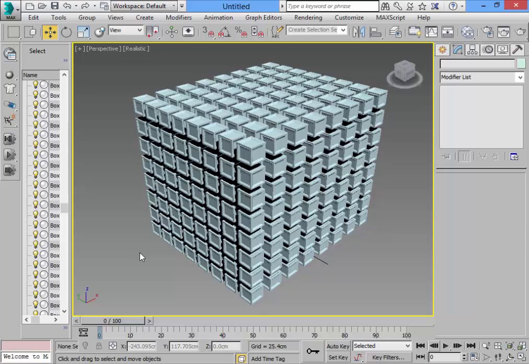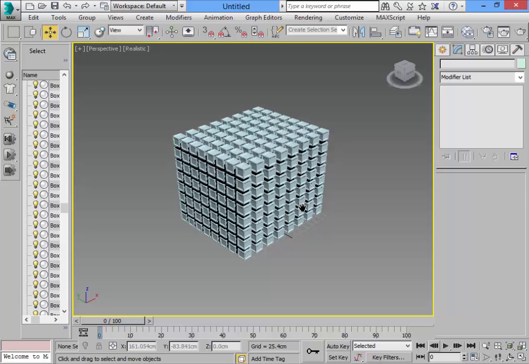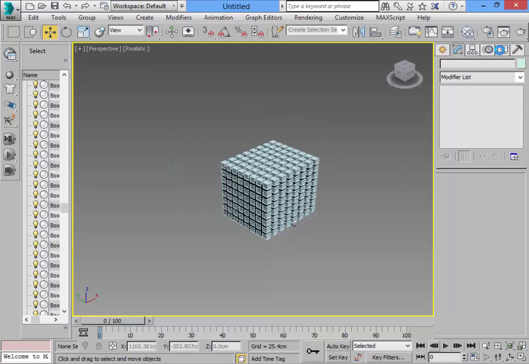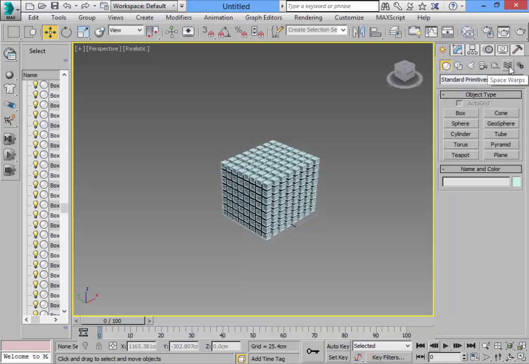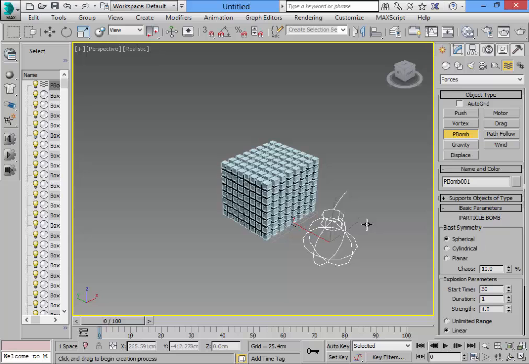What if I want to blast them all? Okay, as a bad guy. So what I'm going to do now is put here a sort of force. The force is actually inside the create section. Here we have space warps. Inside the space warps I'm going to put here a P-bump. So that is a bump. I'm going to place this P-bump